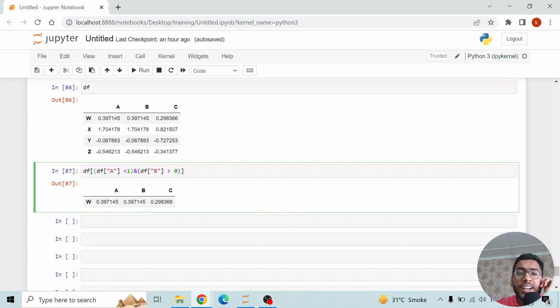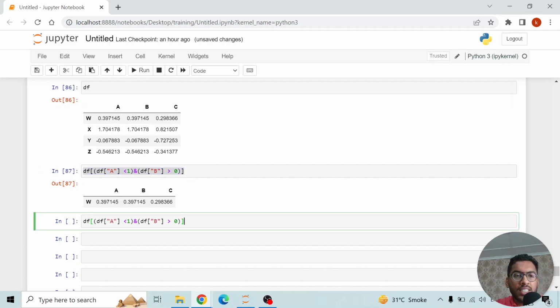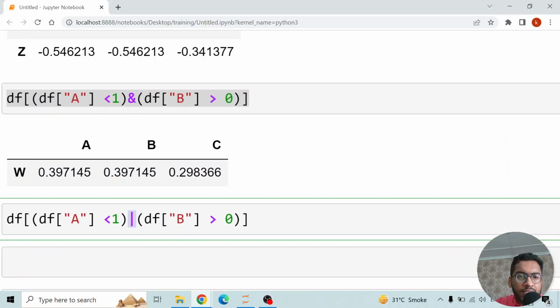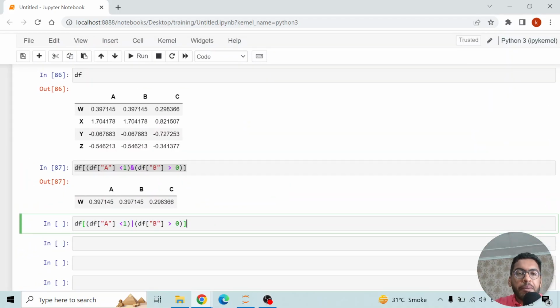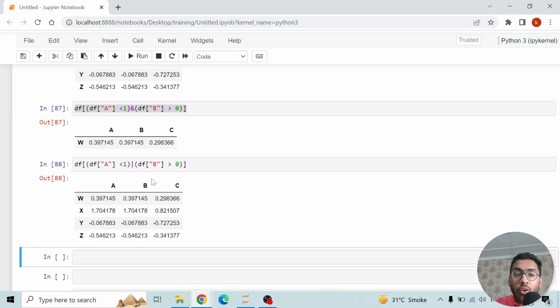But instead of AND, is there a way through which I can apply the OR condition? Yes, there is. So copy this, paste this. Instead of typing AND over here, you can just type this symbol. On your laptop, where there is a backslash, if you press shift and backslash, this button is over there. So you can just apply this, and if I press enter,